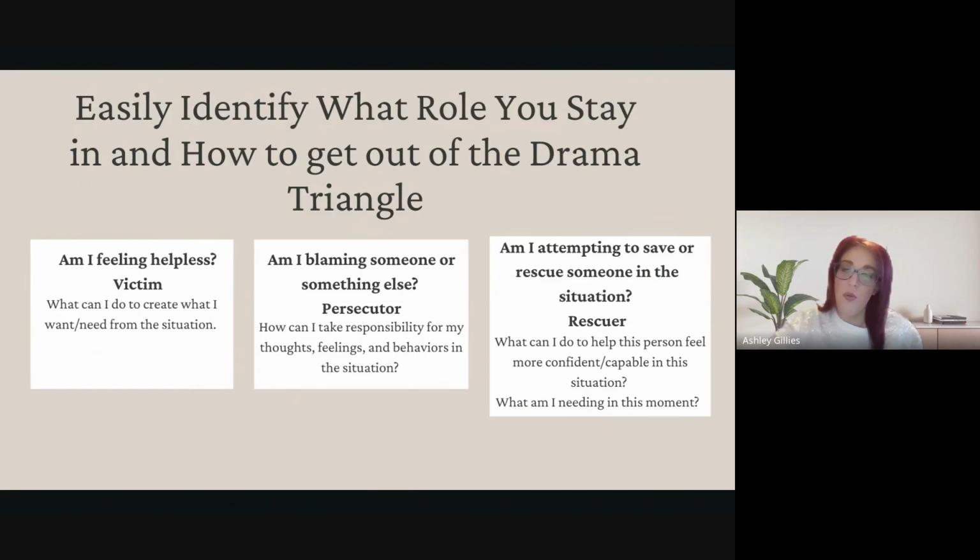And what I learned through that is nobody cares, really. I mean, as tragic as it was, nobody cared. I fell very victim. And it got to a point where I knew I couldn't live like that anymore. So what can I do to create what I want or need from that situation? I picked myself back up. I lost 102 pounds in 11 months, completely natural. No GLP-1, no nothing. And I picked myself back up and went back to school. I got a master's degree in 5 years.